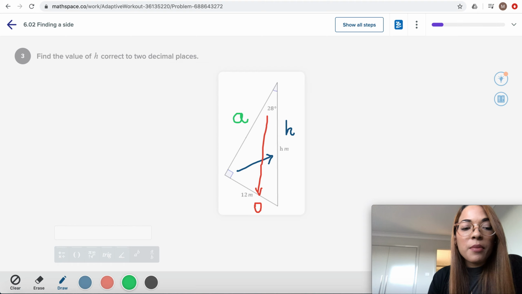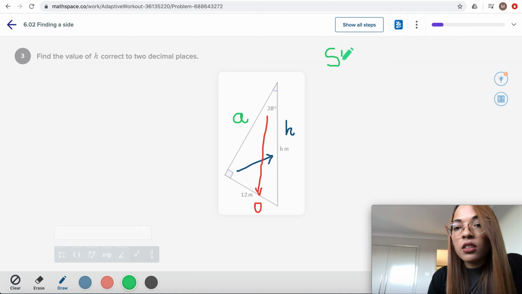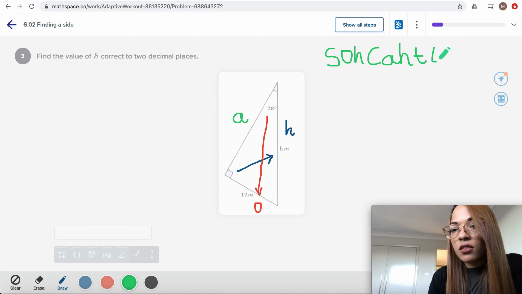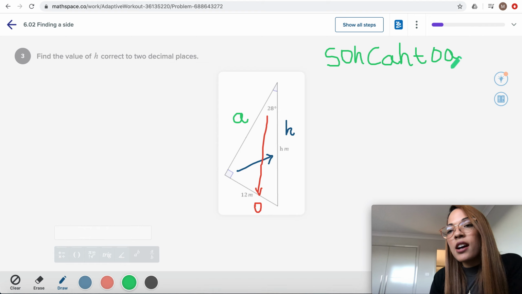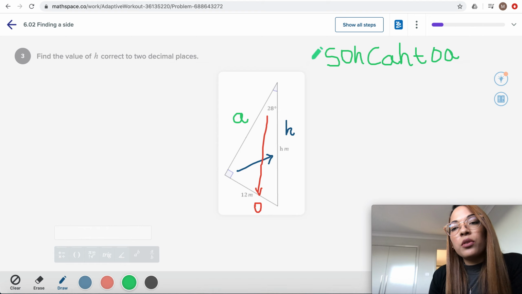Now, to help us work out this problem, we will use our mnemonic, SOH CAH TOA. Sorry, it's taking me a little while to use this pen, which I'm not very familiar with. To know which of these three trigonometric ratios I would use, I would first check